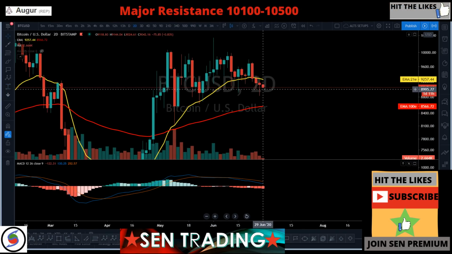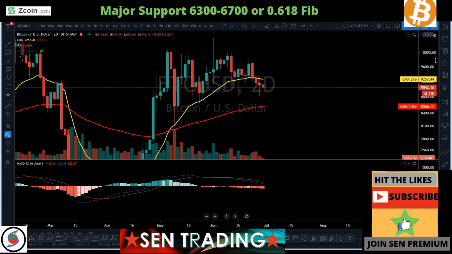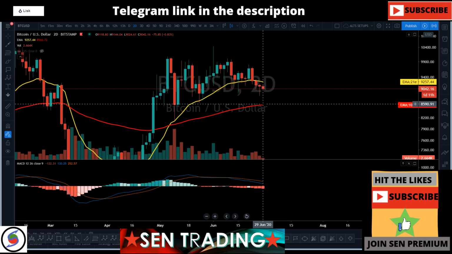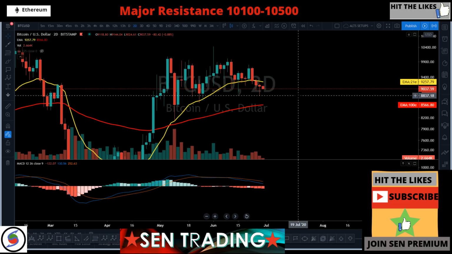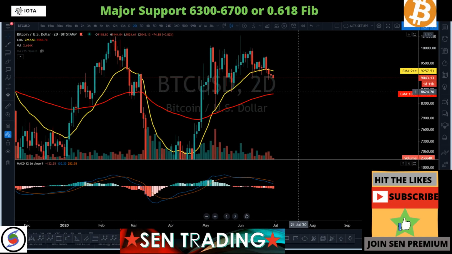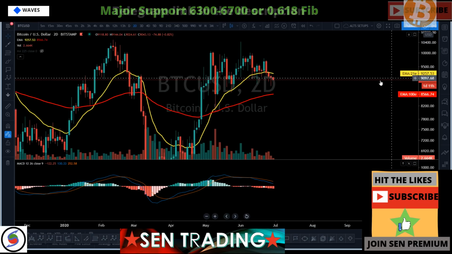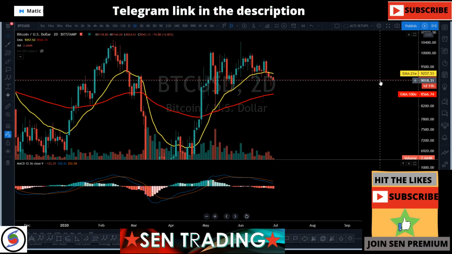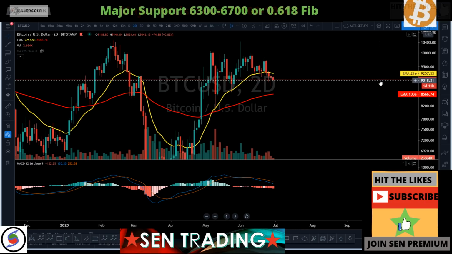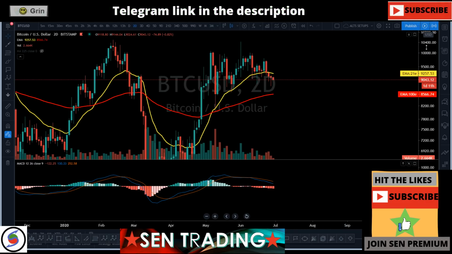So we don't have any support level all the way down to probably the 100 EMA on the 2-day chart, which is just about the 85 to 83 range. That's a level I'm trying to keep an eye on within the next few days or so. It is not even sure if we're going to be able to get support from 85 to 83, because the drop could be much more severe. We could drop all the way down to 71 and so on. All right, so let's keep that in mind.